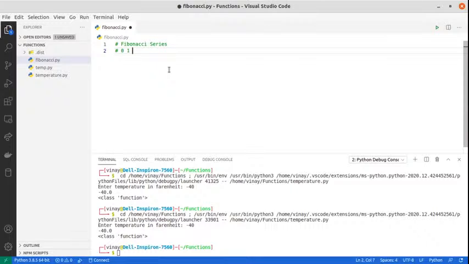So first term is 0, second term is 1, the third term will be 0 plus 1, 1. Then the next term will be 1 plus 1, 2, then the next term will be 2 plus 1, 3, then the next term will be 2 plus 3, 5, 5 plus 3, 8, and I don't want to waste the entire class on this, right? So this is how it will go on. Any doubts in this? No? Okay. So let's say I want to create a function which will generate n terms of the Fibonacci series,